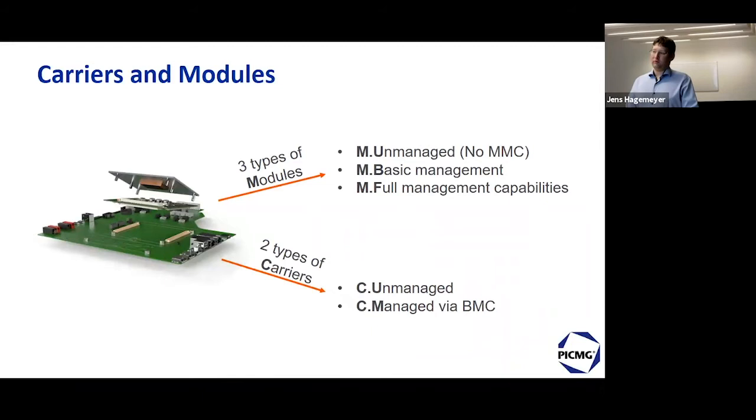That basically means that we are looking at a number of options for both modules as well as carriers. So we have defined within these specifications 3 types of modules. The unmanaged one for both the module as well as the carrier. The managed carrier, which includes a BMC, a board management controller, and 2 types of options for the module. A basic management capability with an MMC, a module management controller included, and a module with full management capabilities, so